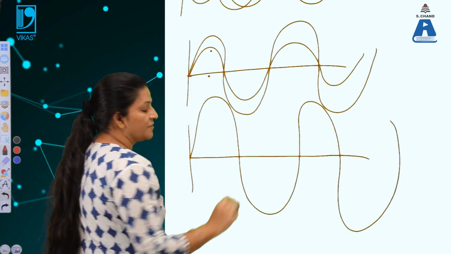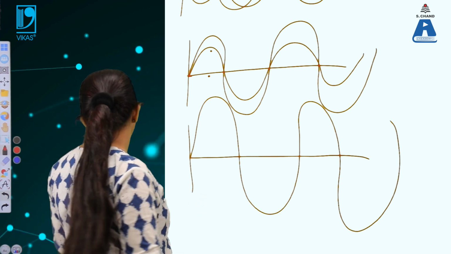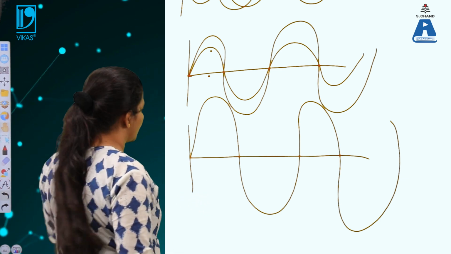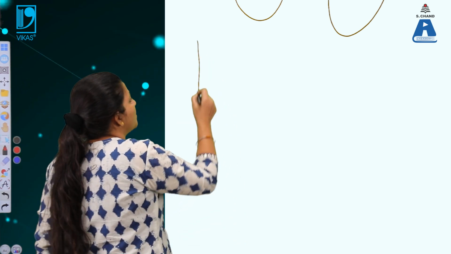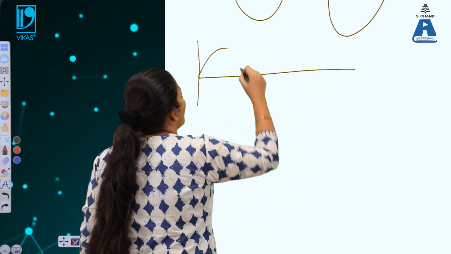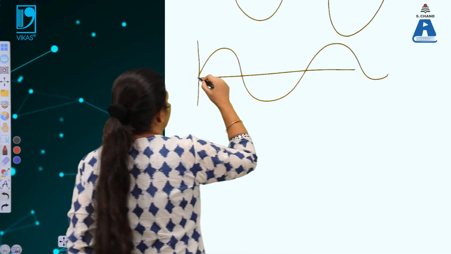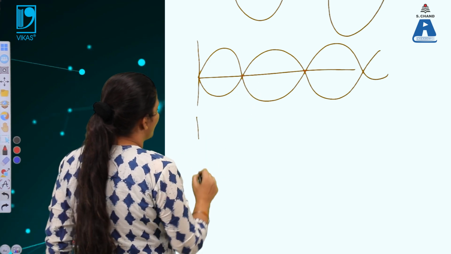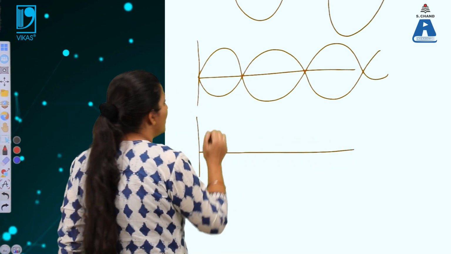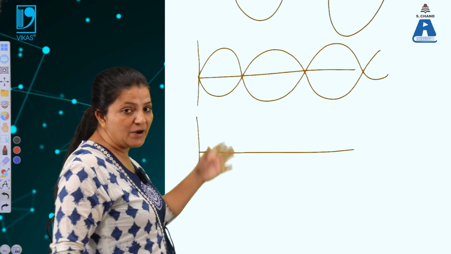Such kind of interference is called constructive interference. Now next is destructive interference. Destructive interference means when the waves superimpose on each other with opposite phases. So if this is the first wave and that is the second wave, then when they superimpose on each other for the resultant wave,